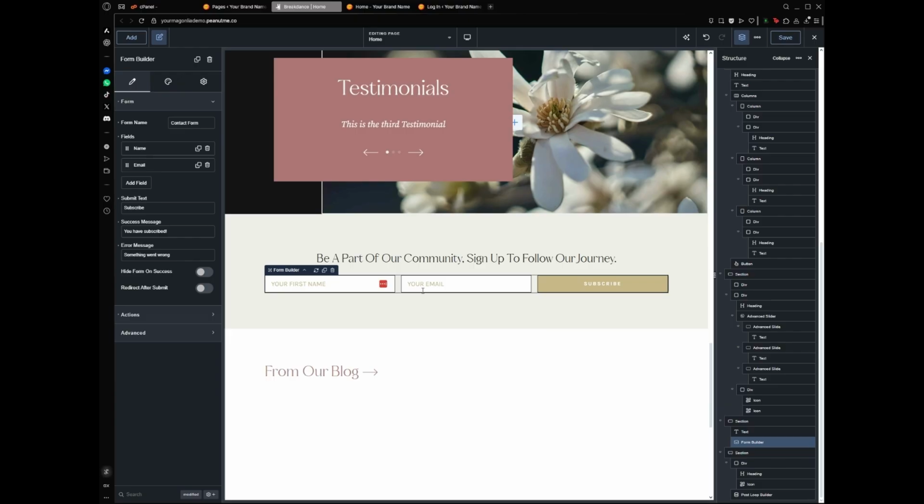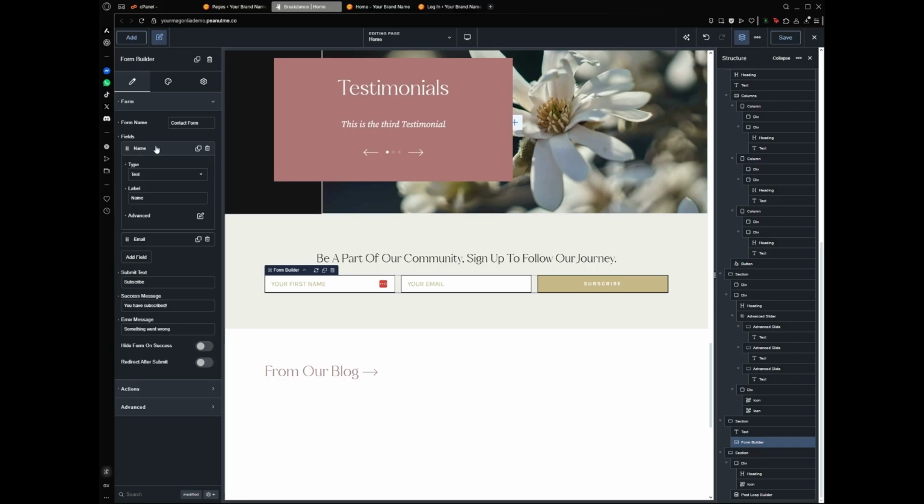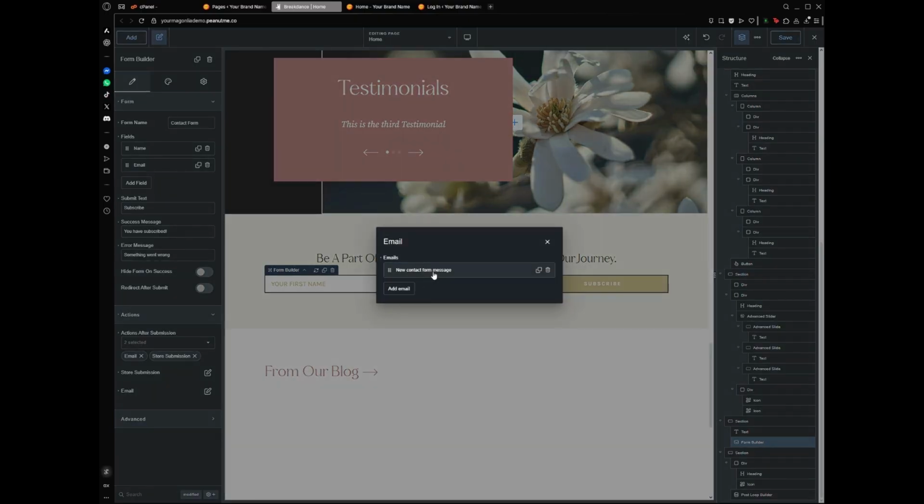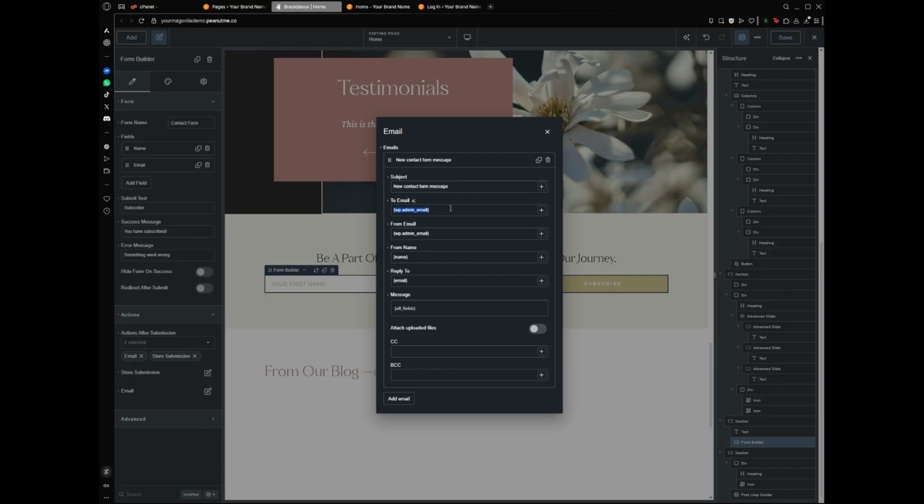Then you have this form. This is done with the form building of Breakdance. When you select it, you can see that you have the ability to edit every single part of the form from this element. You can change the fields, you can add fields, modify the actions. For example, if you open this, you can see that once the user sends this form, it both stores the submission in the form plugin in the Breakdance form system, and then it sends an email which is sent to the WP admin email, which is going to be the email that we set in the general